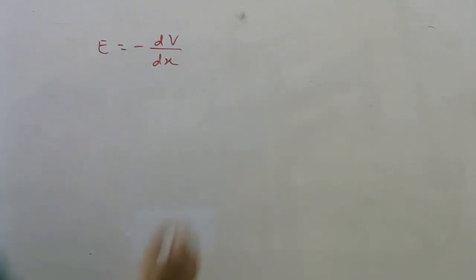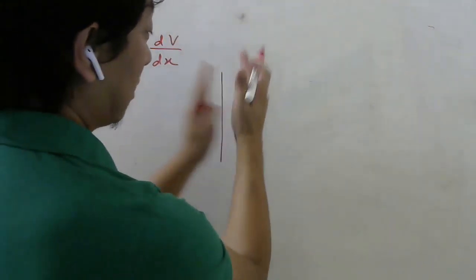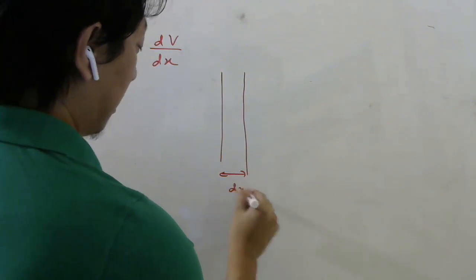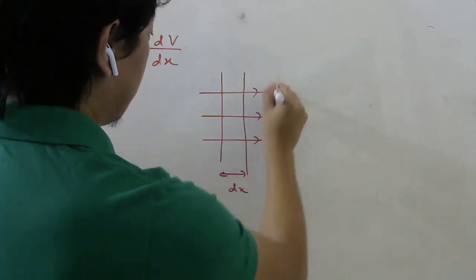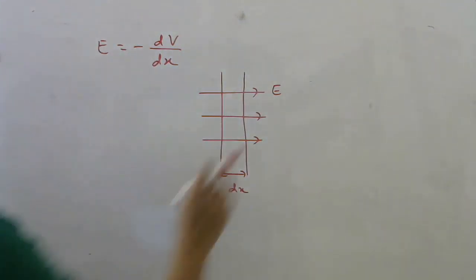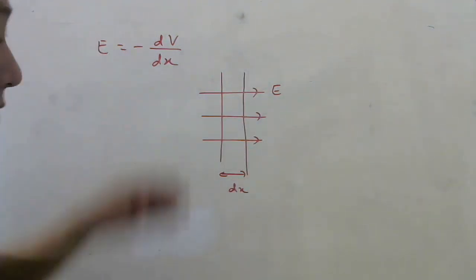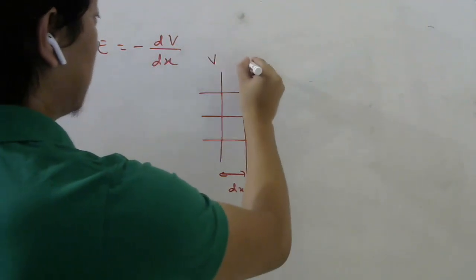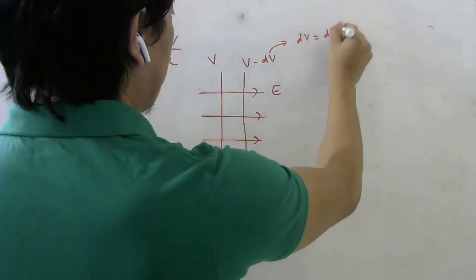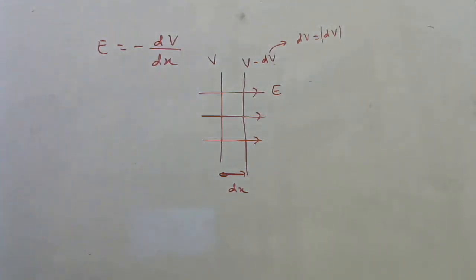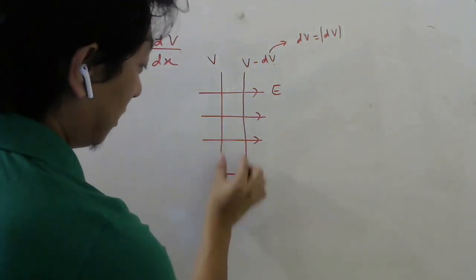What we did, if you remember, we took two equipotential surfaces like this. One surface like this, one surface like this, then this distance was taken as dx. Then if surfaces are plane, electric field will be uniform like this, right? When you go from here to here, potential should decrease, because electric field will always be from higher potential to lower potential. This one I wrote V minus dV, where dV was a positive number, remember. So as you go along electric field, potential will decrease, and this dx was measured in this direction.